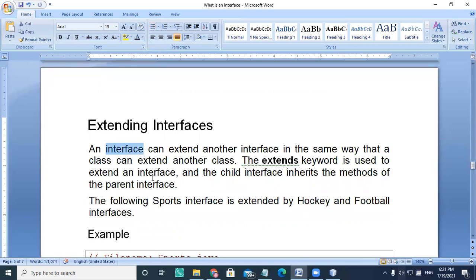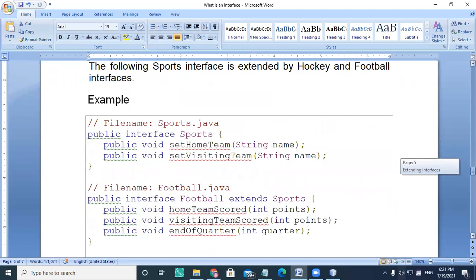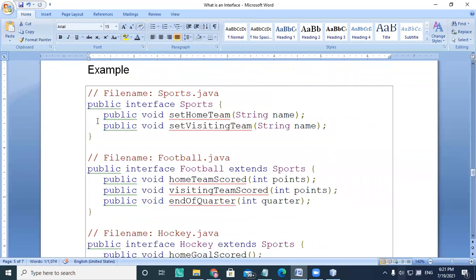An interface can extend another interface if you want to inherit it and add some more methods which are not available there. Suppose there is a sports interface which has two methods, set home team and set visitor team, and there is a football which is a kind of sports.